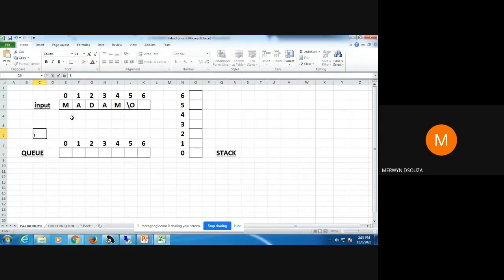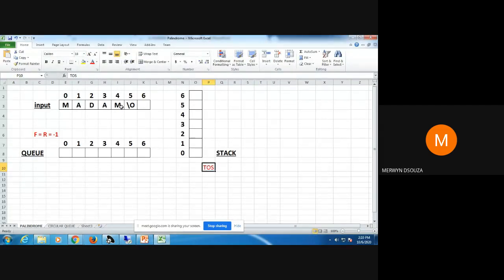So initially front equal to rear will be equal to -1. And you are going to have one value, top of the stack. At top of the stack also, initially the value will be equal to -1.